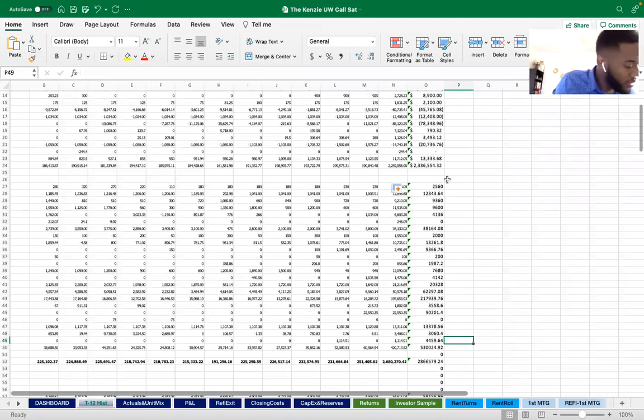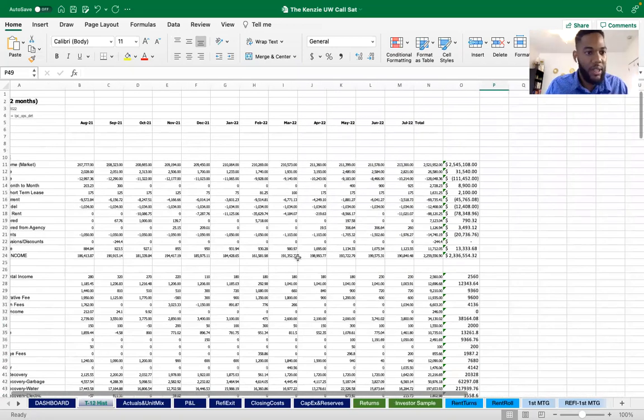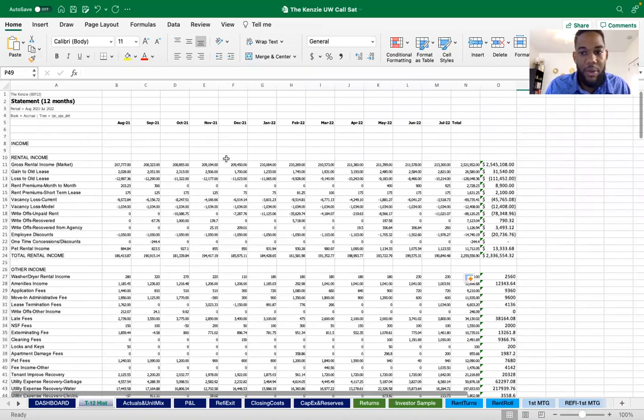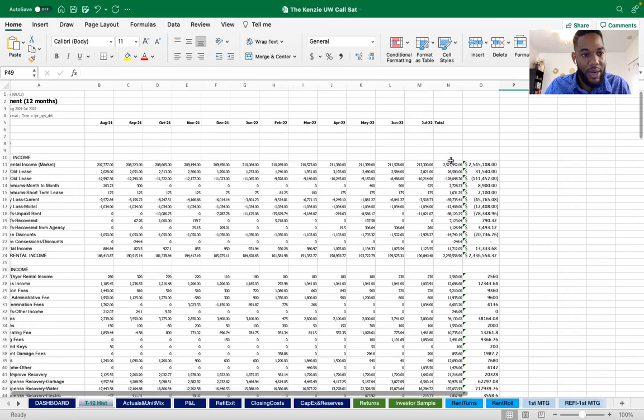Alrighty, so anyone in the session want to explain what market rent is? I think that's the first thing we're going to look over. So, anyone know the difference between what market rent is on a property? Okay, so market rent is a common misconception. In reality, it has nothing to do with the market. It has everything to do with what a property is renting for today. So that's basically what market rent is.